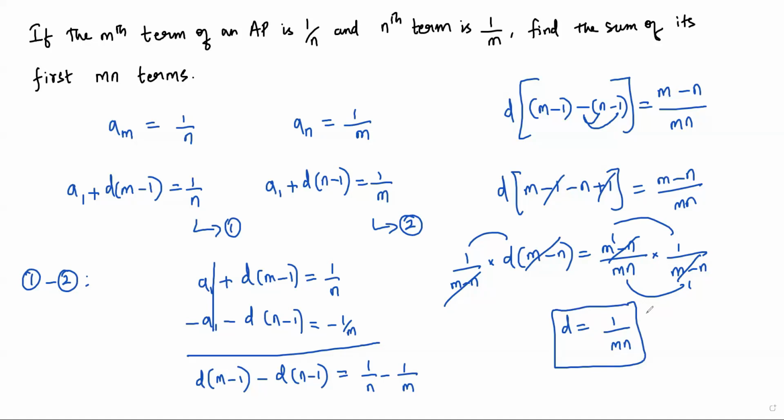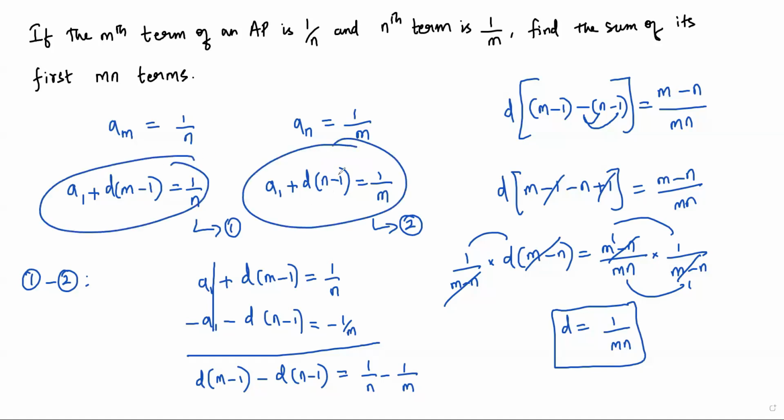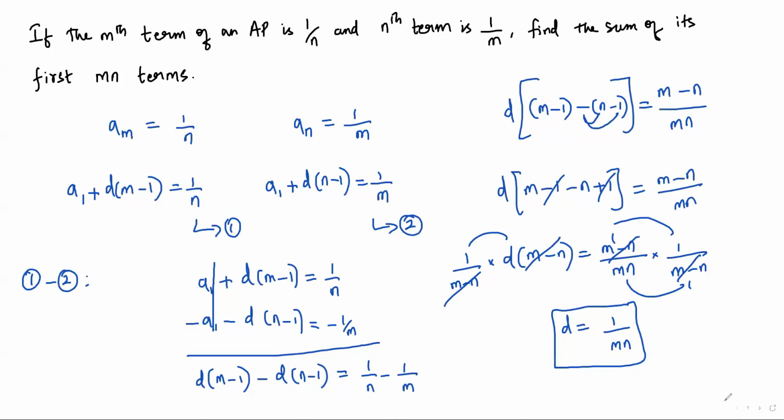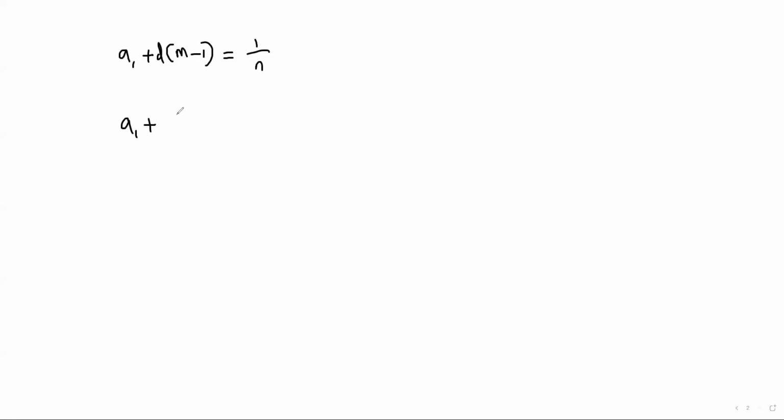Okay, now we can plug in this value for d either into the first equation or the second equation to solve for a1. So I'm going to plug in d equals 1 over mn into the first equation. Let me continue this on the next page. So now let me take this first equation, that is a1 plus d times (m minus 1) is equal to 1 over n. So a1 plus, this d can be replaced by what we got just now, that is d equals 1 over mn, that we can plug in for d times (m minus 1)